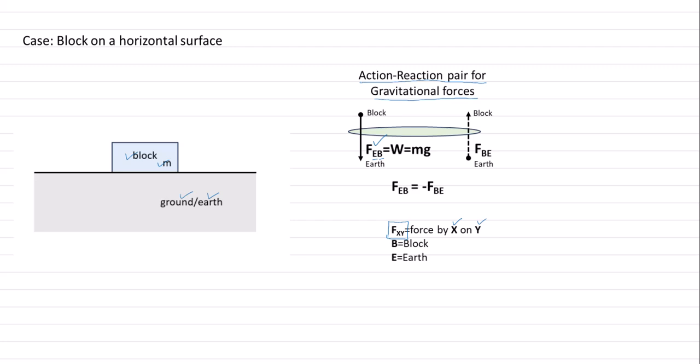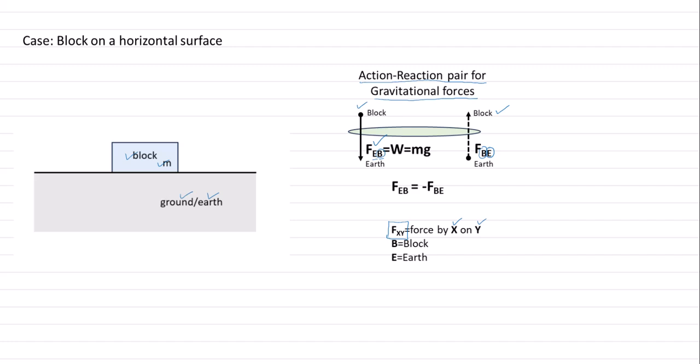We know that action and reaction forces always occur in pairs. We can never have any isolated force on its own. It's always in a pair. So if I consider this as one of the forces in that pair, what's the other force? The other force due to gravitation is that the block is also exerting a force of attraction. That's the force by the block on Earth. I've shown it as dotted because it's a force that is being exerted on the Earth, while the earlier force, FEB, is shown with a solid line